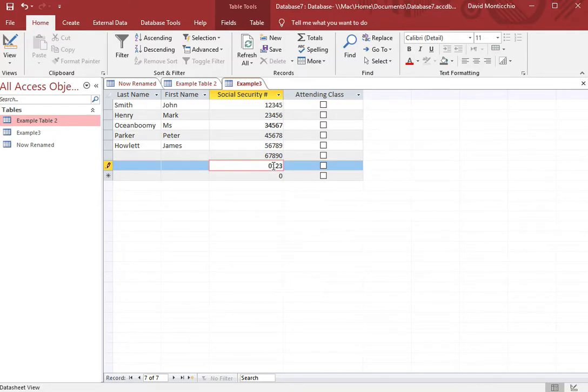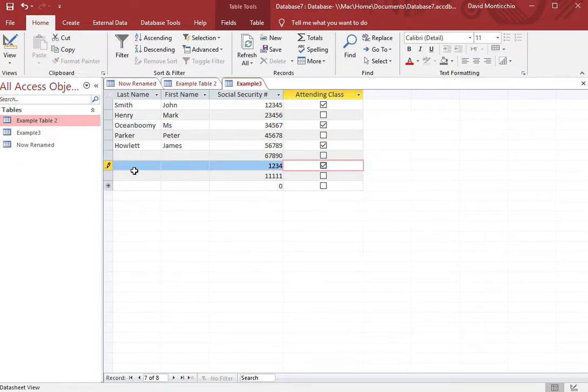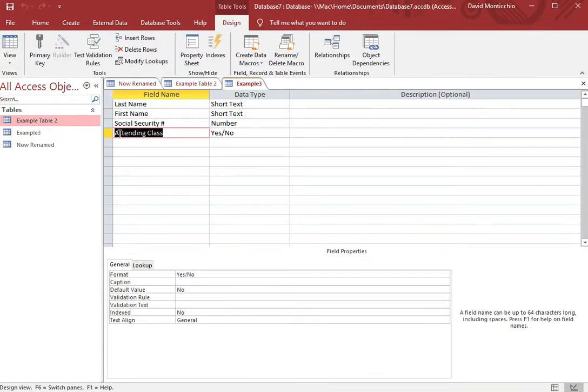And 0, 1, 2, 3, 4. And 1, 1, 1, 1, 1. Why not? There we go. So attending, whatever, attending, so on and so forth. There we go. I have myself enough useless information right here,